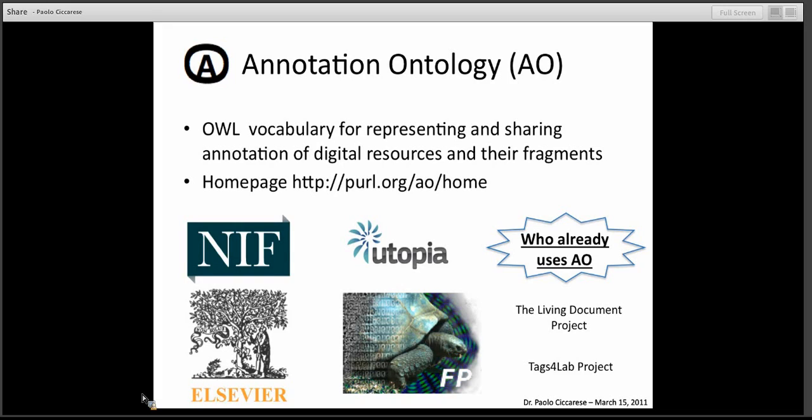It's currently in use by several projects. And that's probably the reason why I'm talking here today. We are working with this for the integration with the UIMA text mining framework, and that's going to use the AO as lingua franca for exchanging annotations. It's used by the Utopia project for those who